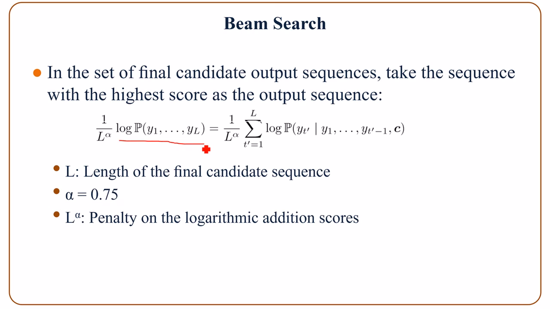L here is the length of the final candidate sequence, and alpha usually is selected as 0.75. L to the alpha in the denominator is a penalty on the logarithmic addition score for longer sequences. And as we have known previously, the left side can be extended